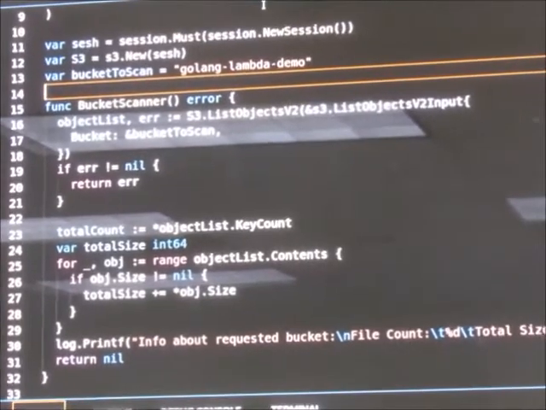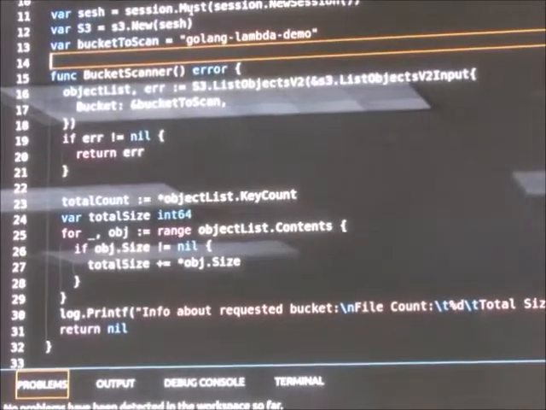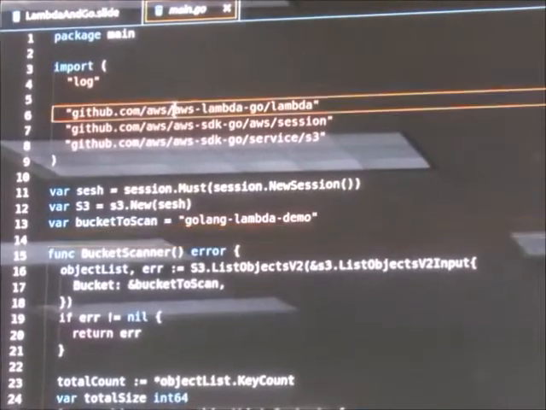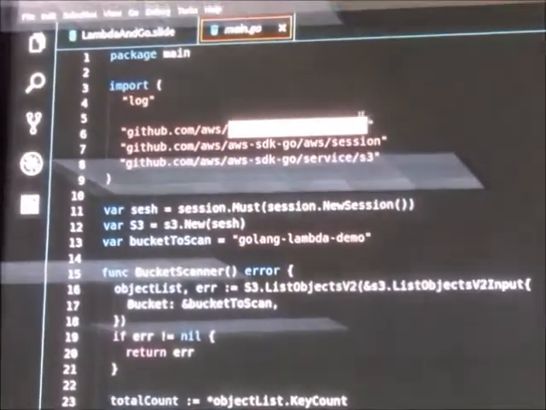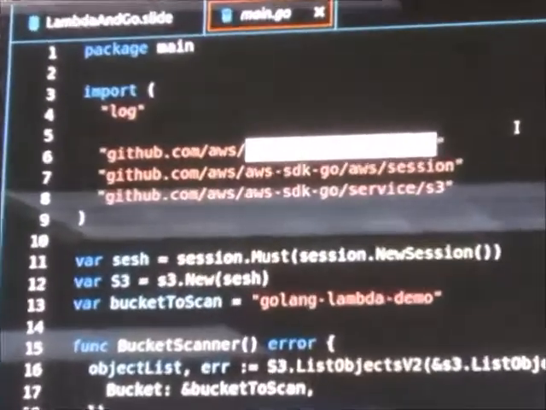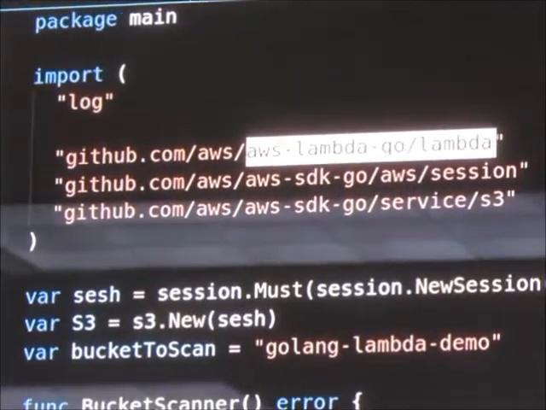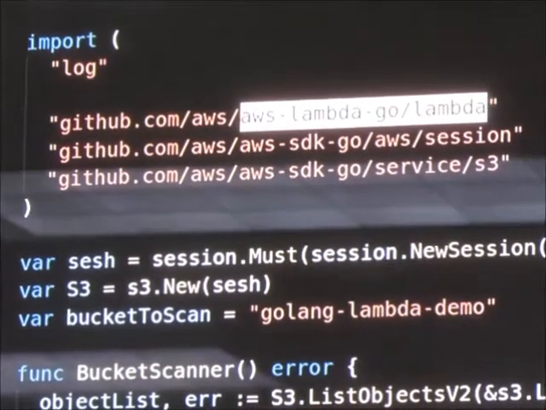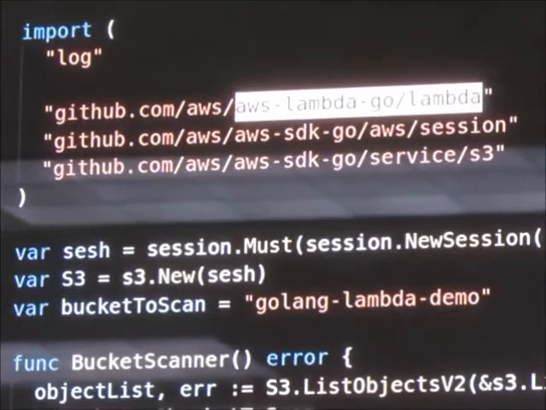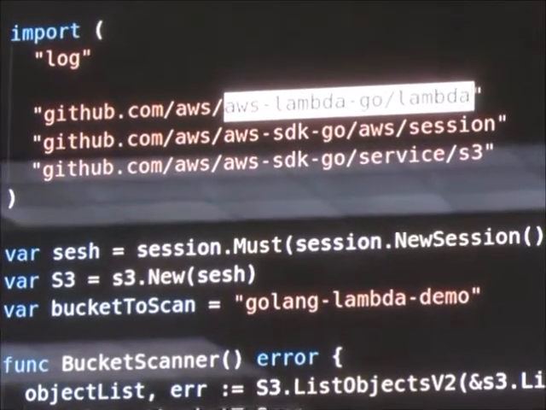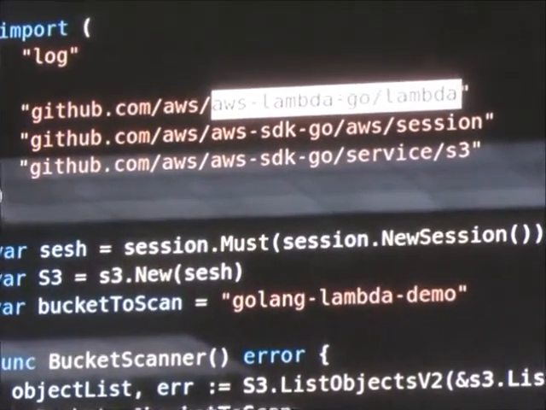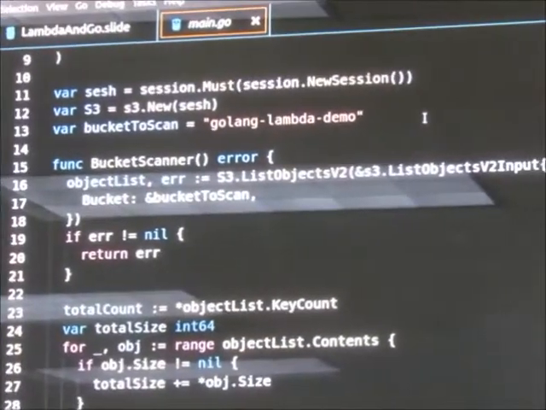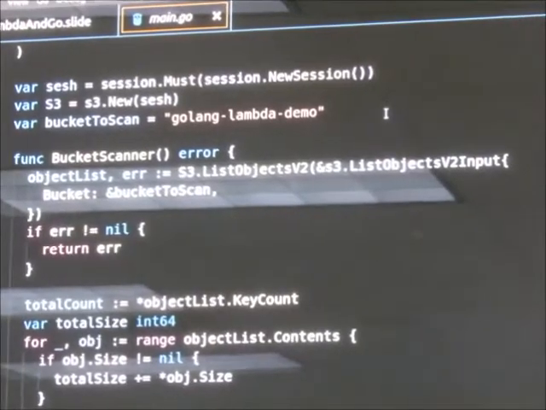All I'm doing here is using the AWS SDK in Go and this new GitHub repository that AWS made, which is mostly just to give you an invocation point into Lambda, but they also exposed another GitHub repo that has all of the events that AWS Lambda can send to your Go function. It's all strongly typed. But the SDK would be familiar if you've ever used the AWS SDK in Go.